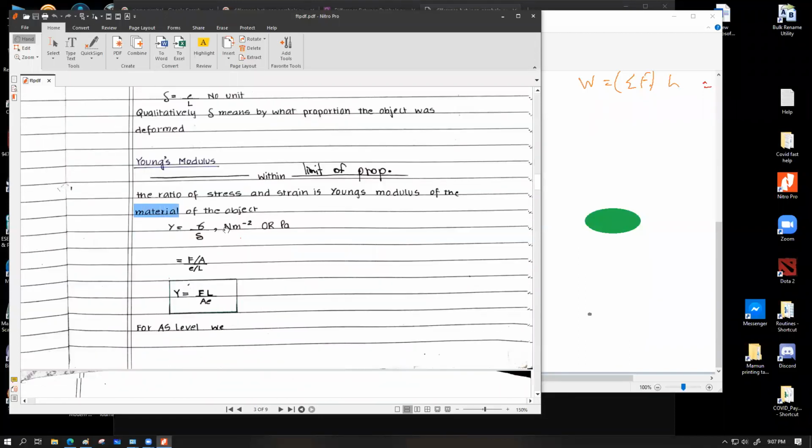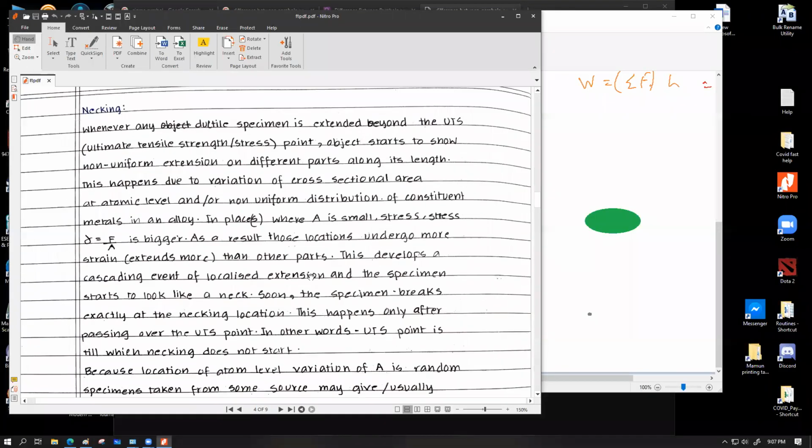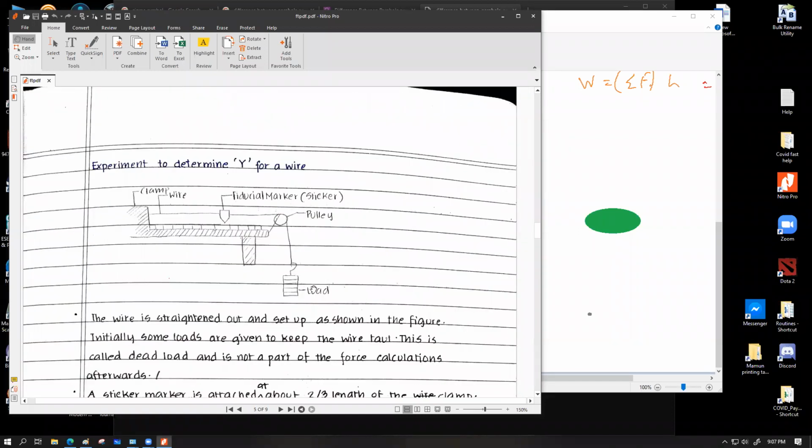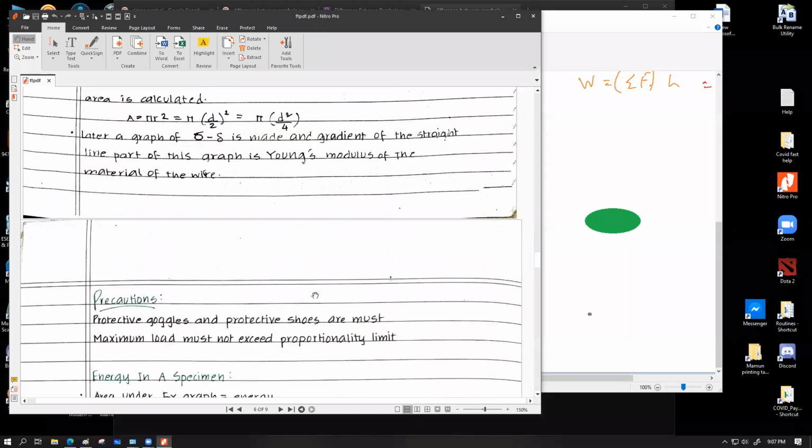আচ্ছা, এটার ইউনিট হচ্ছে নিউটন পার মিটার স্কয়ার, কারণ সিগমার বা স্ট্রেনের কোনো ইউনিট নাই, আর স্ট্রেসের ইউনিট হচ্ছে Young's modulus unit, which is নিউটন পার মিটার স্কয়ার, or it can be also written as Pascal. It works either way. আচ্ছা, নেকিং এর পার্টটা এখন বললে তোমরা বুঝবা না, নেকিং এর পার্টটা আরো পরে বুঝাইতে হবে।